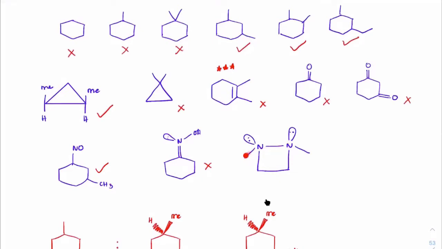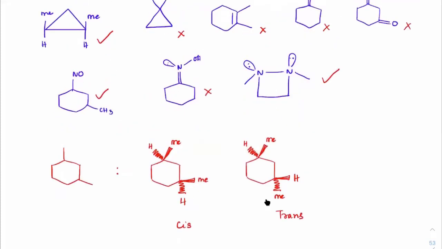So here I can arrange the methyl up and the lone pair down. I can do that, so yes, this will also show geometrical isomers. Let me write one more, like a bonus. Suppose you have